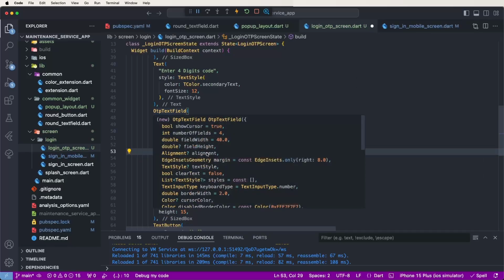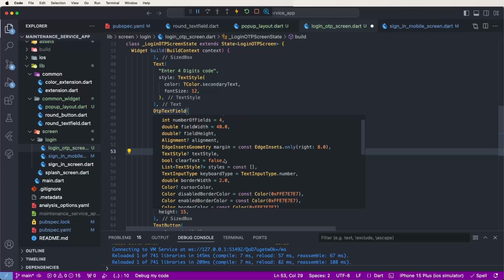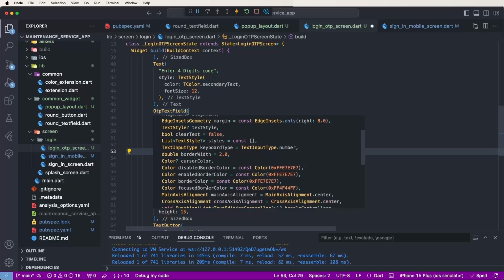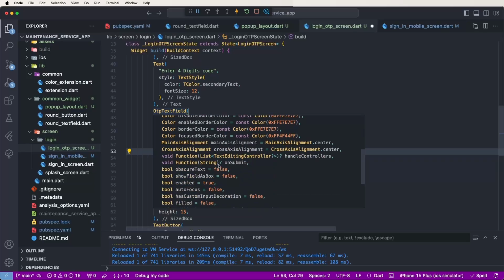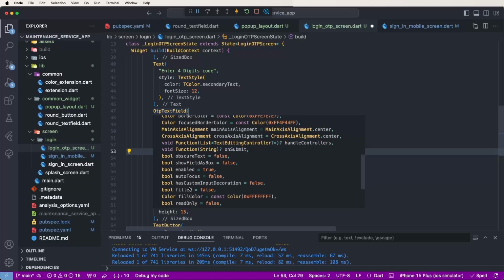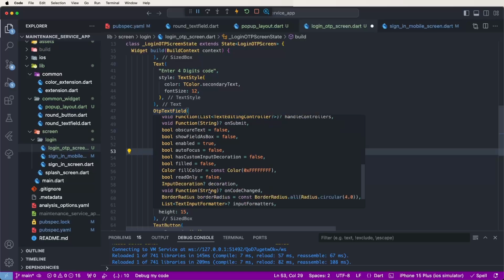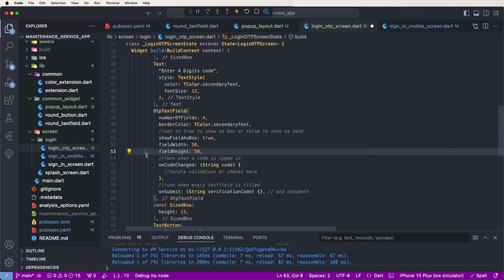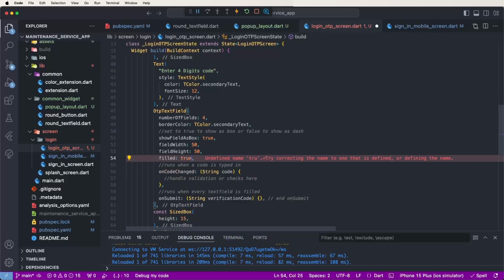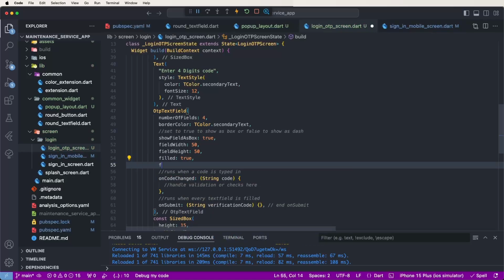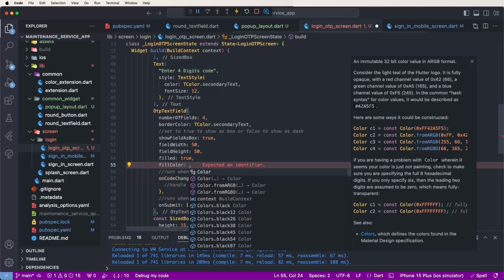And now check another property, border width. No need. Disabled border color, focus, on submit, enable focus, fill color. Use the fill, true, and filled color, color dot